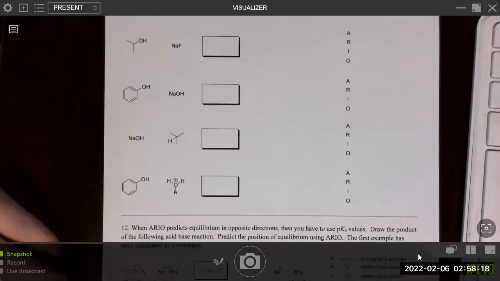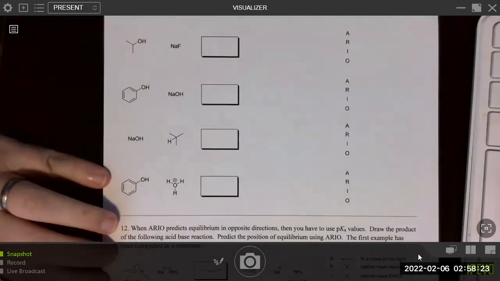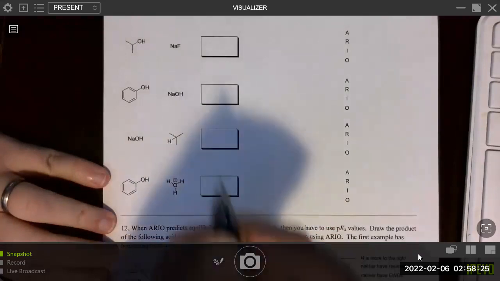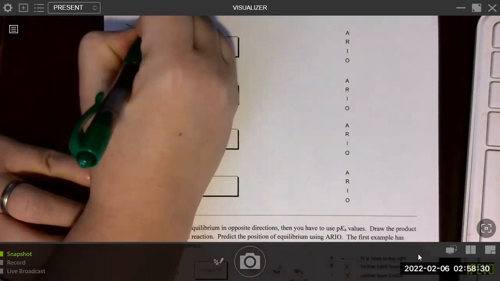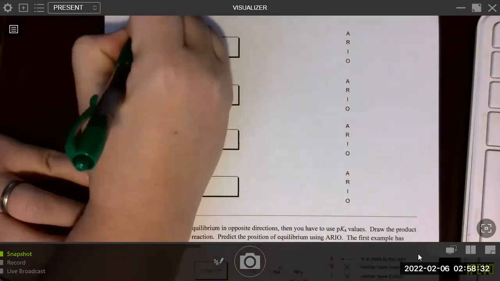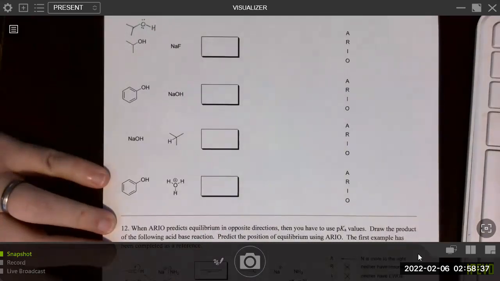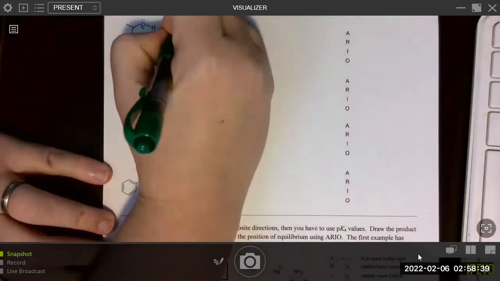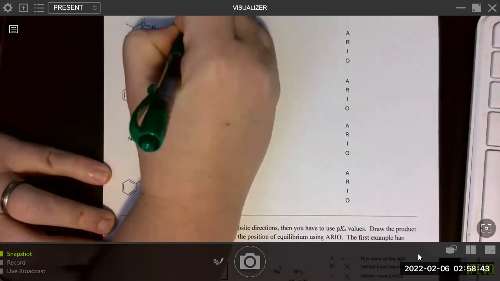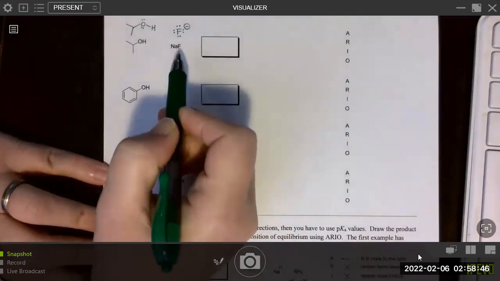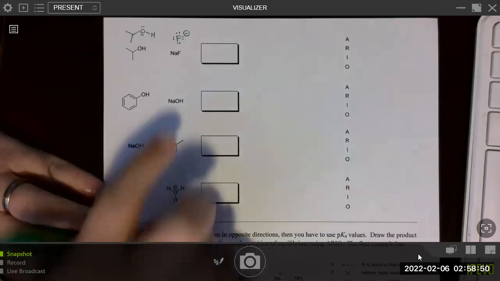Okay, so let's go ahead and think about what's probably going on here. Unfortunately, this wasn't drawn out super nicely for us in order to be able to draw in the curved arrows. So I'm just going to go ahead and draw it in with the bond from oxygen to hydrogen shown, and then draw in the fluoride atom, because sodium fluoride is a sodium cation and a fluoride anion. This is what we're really dealing with here.